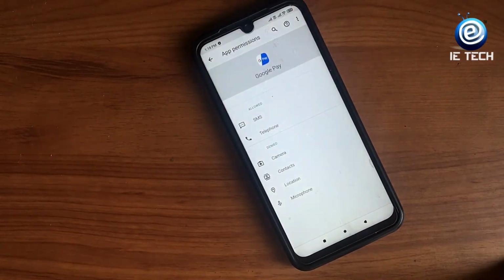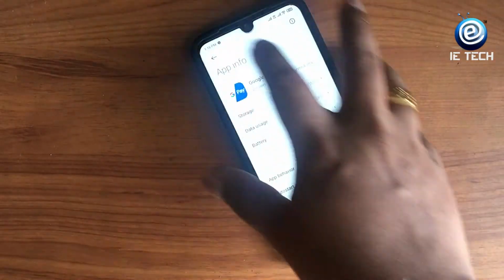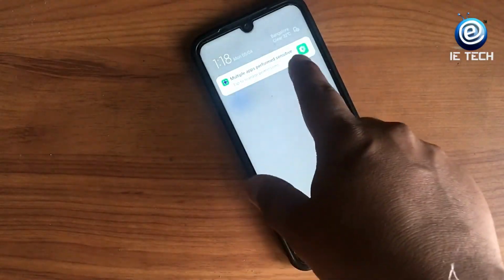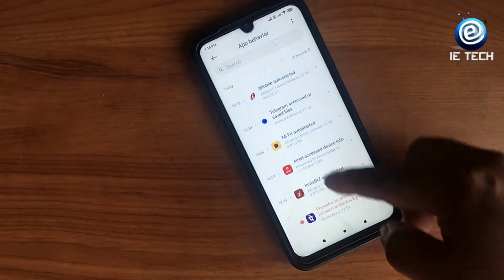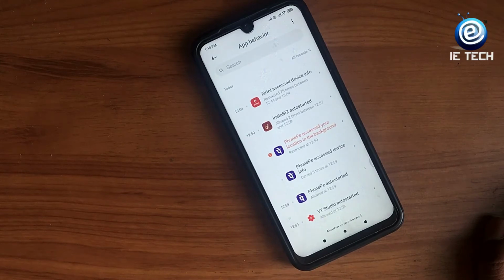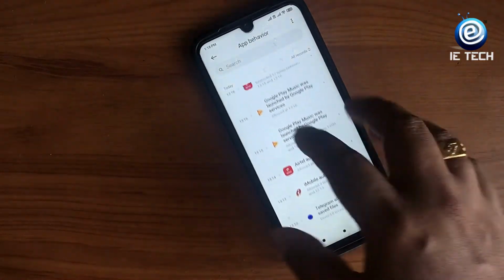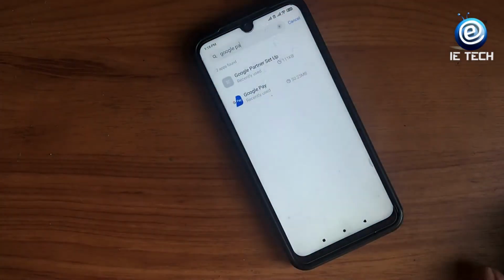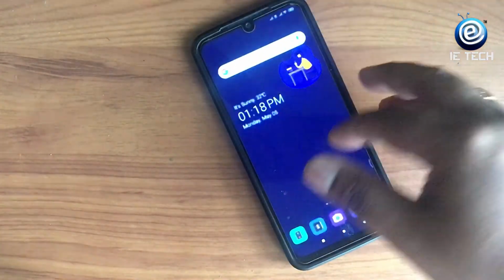So one thing which you will notice is that the apps permission is not very correctly done in this ROM, and some of the apps don't work, especially the banking apps. Even you will get notifications like this. When you click on these notifications, you will see that a lot of apps in background are trying to get your device access. Basically they require the device access to get started. Even InstaBiz or iMobile, whatever is your application required for your banking, that doesn't work. I have tested a lot of these things.